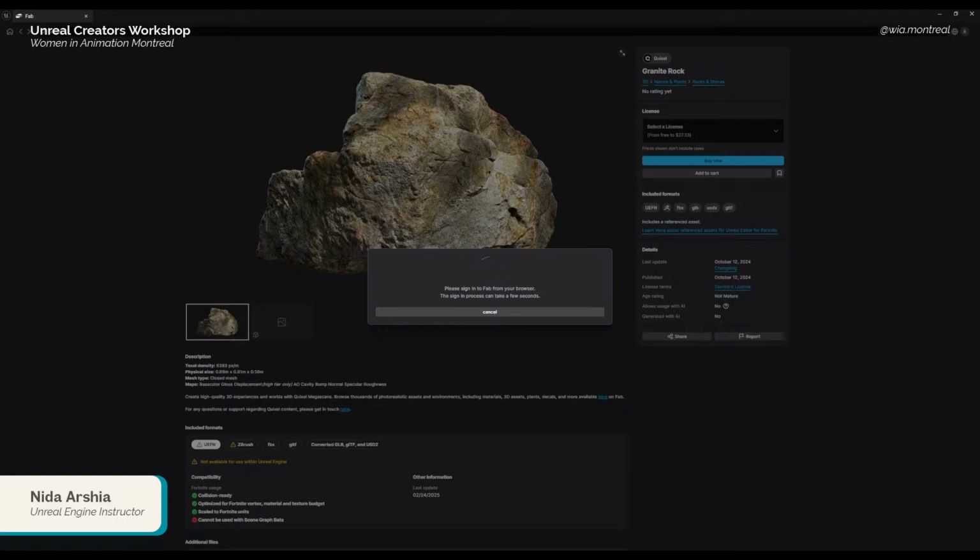Okay, I am just still in the process of logging in. There is too much two-factor login and everything that you gotta do sometimes to secure your account.